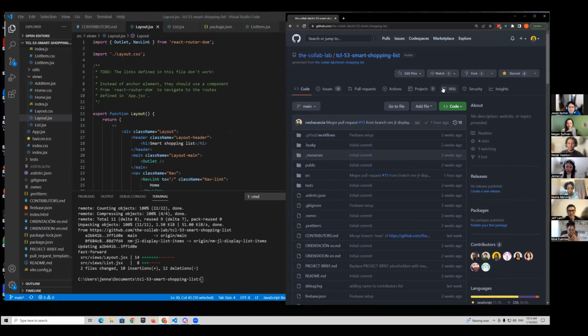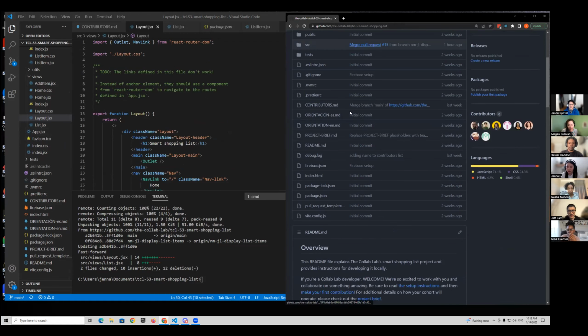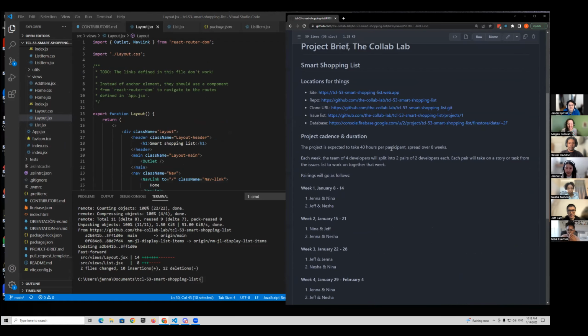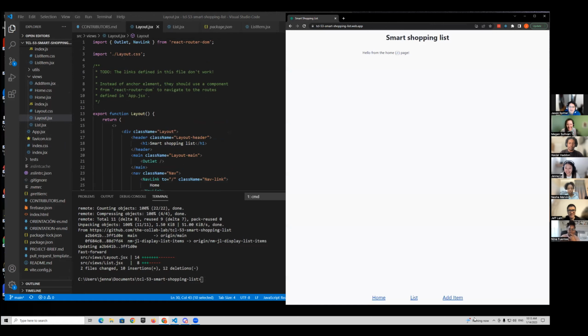All right. And then I don't have the link to the project brief. I don't know why it's so hard for me to find it. No, it's in here. It's all caps. It's the file name project-brief.md. Okay, there you go. That's super cool. It's just knowing where everything is. So if you go to list,